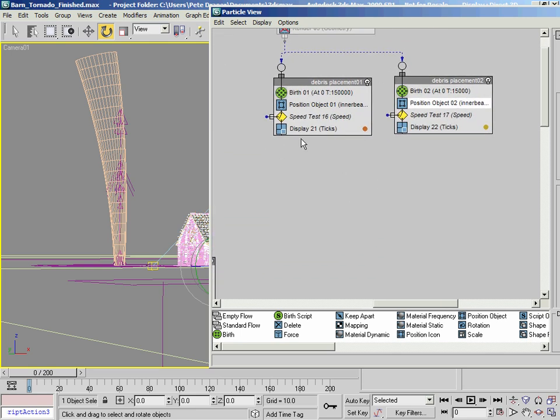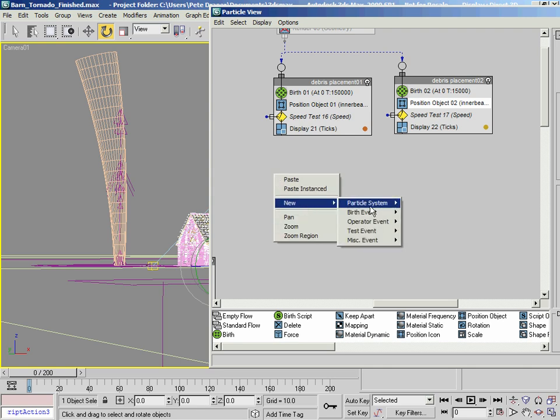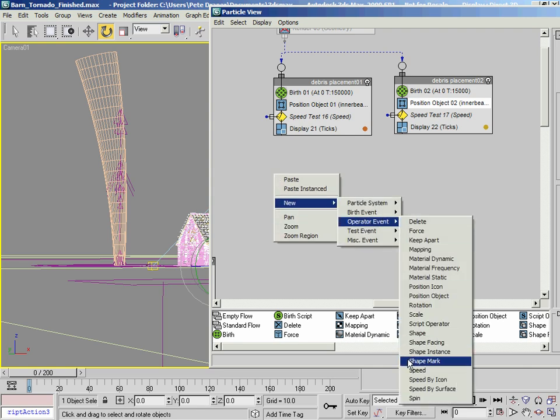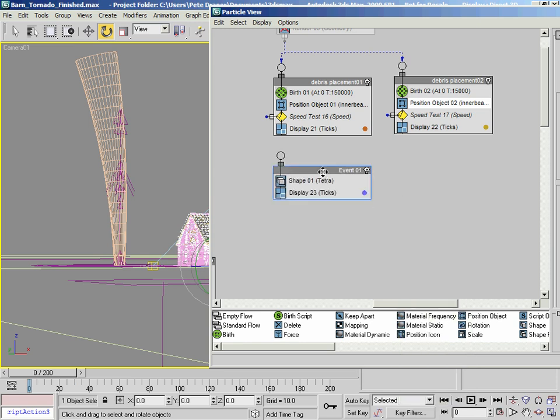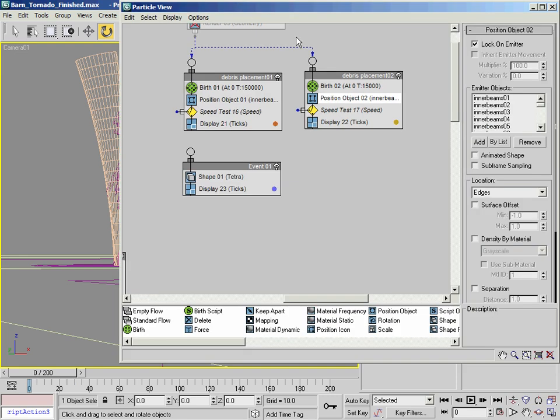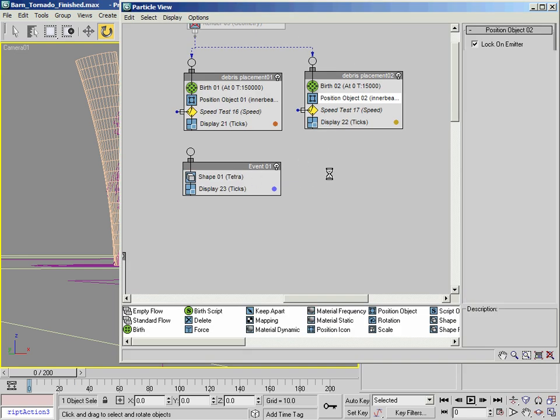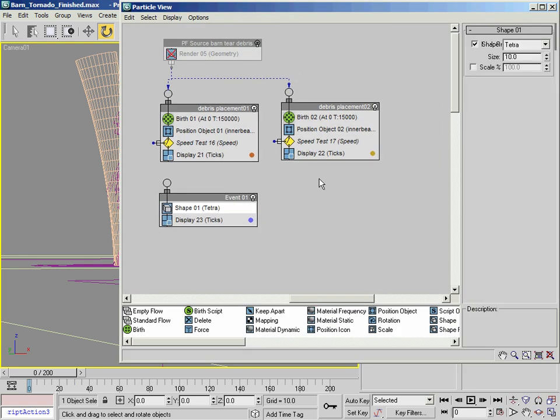I'm going to make these particles renderable by adding in a shape operator in here, which is this guy, and then I'm going to choose that, and then set the size. I'm going to set it to a pretty low value, something like 0.4.